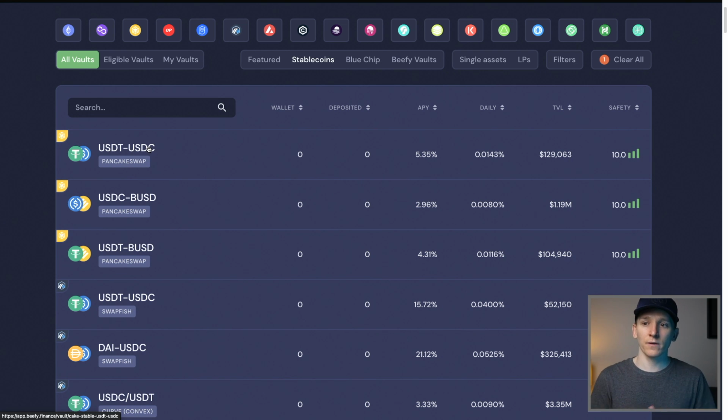So for this, you have US dollar Tether and US dollar coin. These are two types of stablecoin, dollar-backed stablecoins. People often want to trade one for the other because they need it for whatever, or they need to put USDC somewhere. So they trade one for the other, and they get charged a transaction fee for doing that. Now, if you provide liquidity to this exchange, and so you have both of these tokens and you provide liquidity, you can take some of those fees.